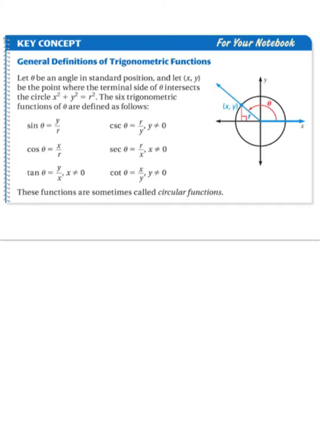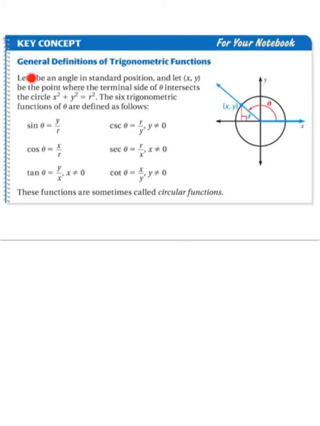All right, so let's get into our lesson. First thing we need to do is talk about a key concept. General definitions of trig functions. So this is not 90-degree triangles. Okay, this is any angle. So general definitions of